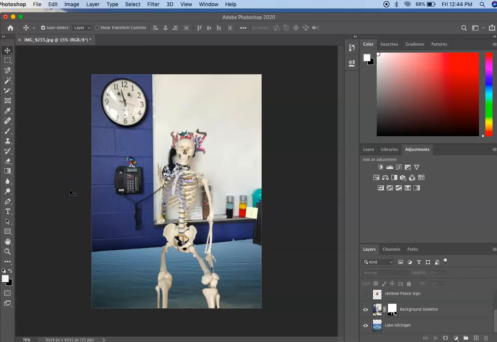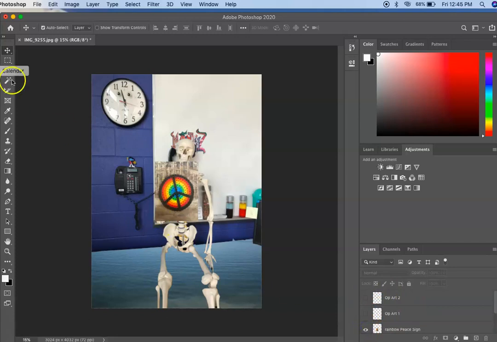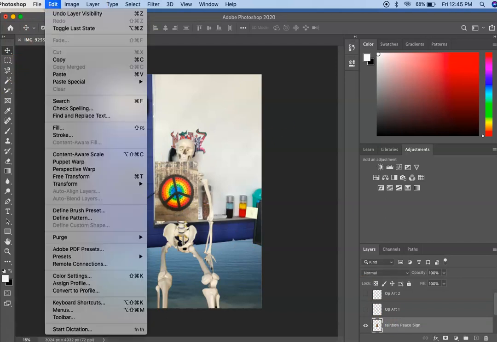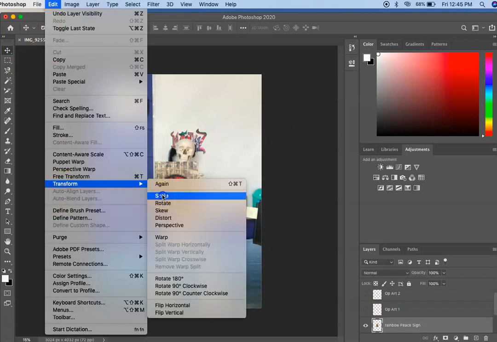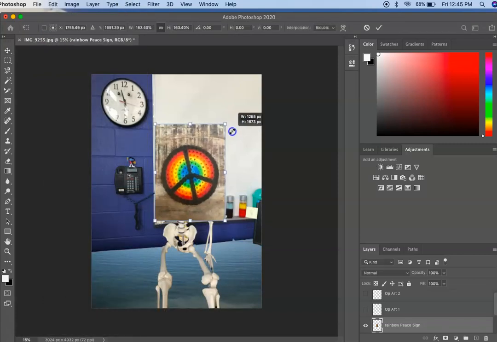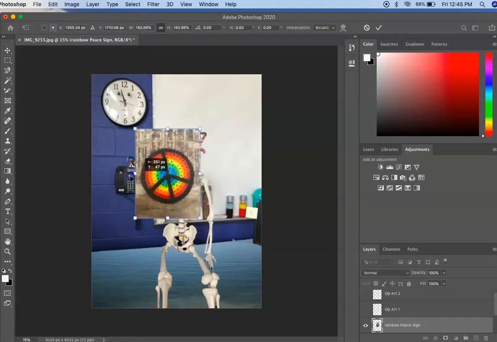So now that we've got that part of our scene ready, we can go in and add these last 3 images. I'm gonna click the eye on this one. I'm going to enlarge this image, make sure I'm on the right layer. So I'll click that layer and I'm going to go to edit and transform. I'm gonna scale that to make it a little bit larger. I'm just gonna put this on,